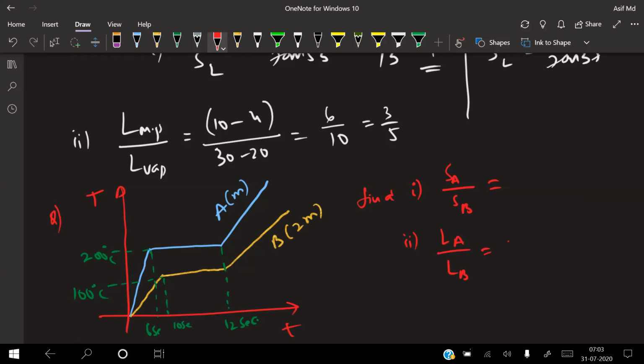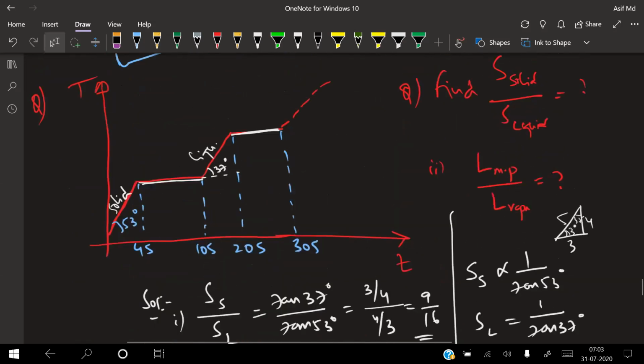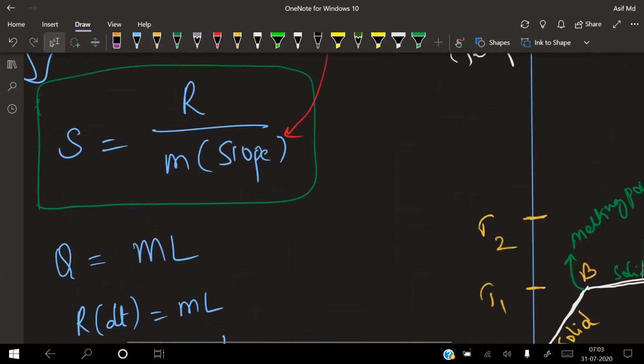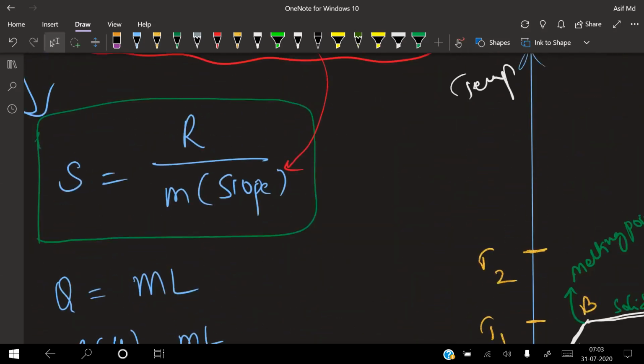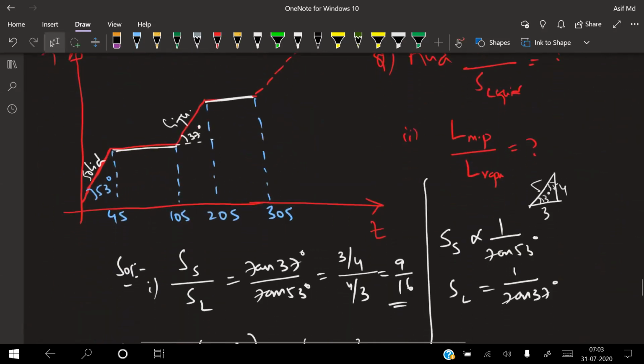Can you try it? See, now mass is also given, beta. For the blue line, mass is m. For B, mass is nothing but 2m. Specific heat, in terms of mass, you have the relation. What is this? Yes, sir. This is 1 by m into 1 divided by slope. Okay, sir, but now we don't have the angle here. Yeah, then see what I can do for that.